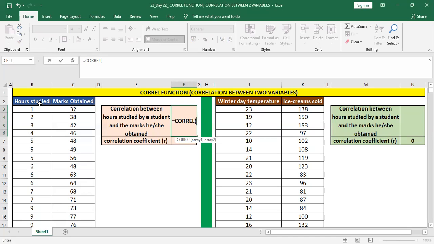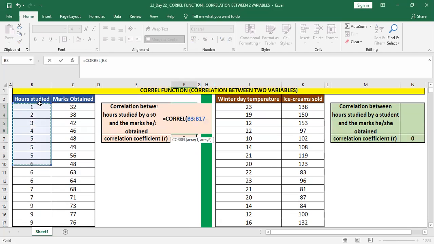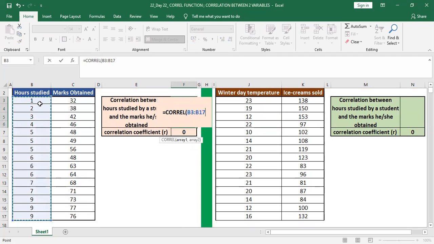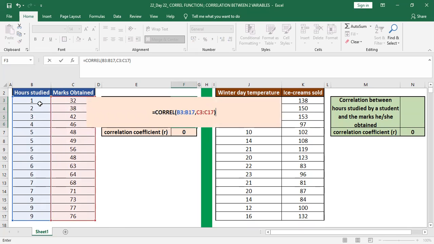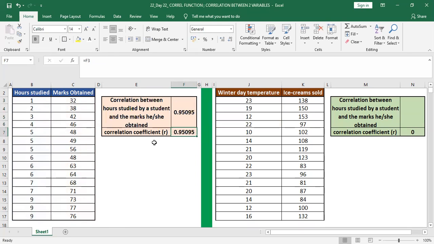Then we have to select the first array, right? And the first array we are going to select like this. I haven't selected the headings here, remember that. Then the second one is the marks obtained, right? I have selected this. I'll complete the bracket and just enter it. See, my correlation between hours studied by a student and the marks he or she has obtained is 0.95095. That is, the correlation coefficient is